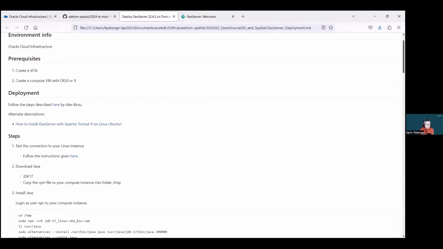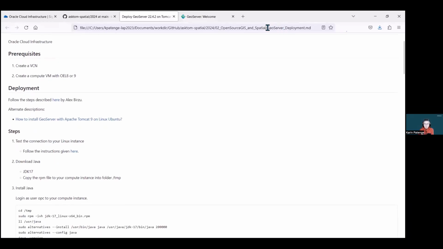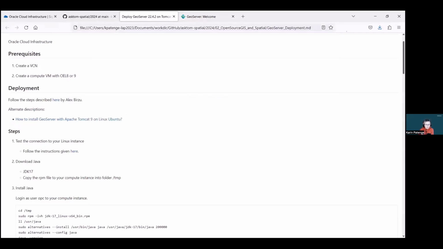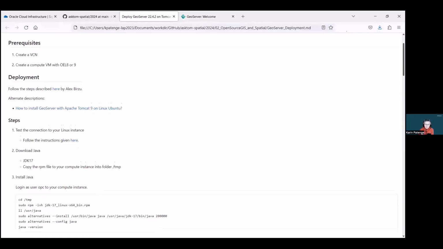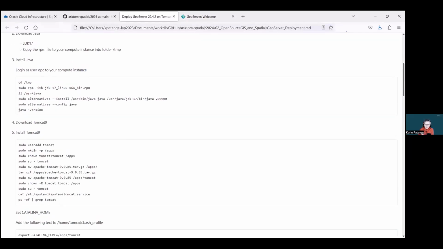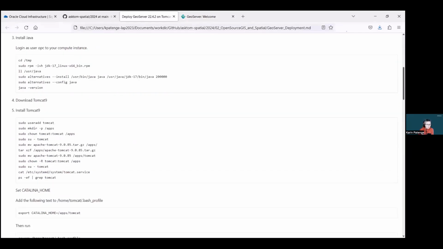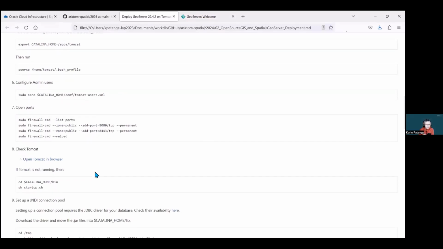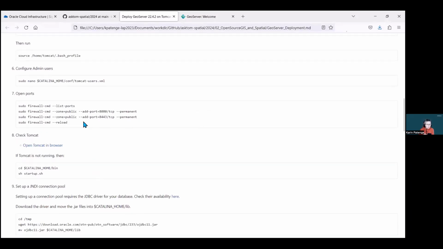So you will find this GeoServer deployment markdown file in my GitHub repository, and I've explained how you can do everything in details here, configuring the Tomcat users, open the ports you want to in order to make sure that you can access the application,